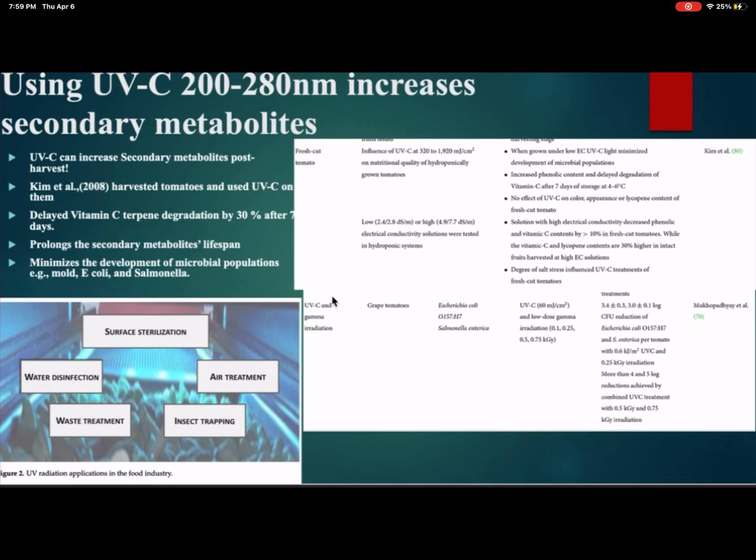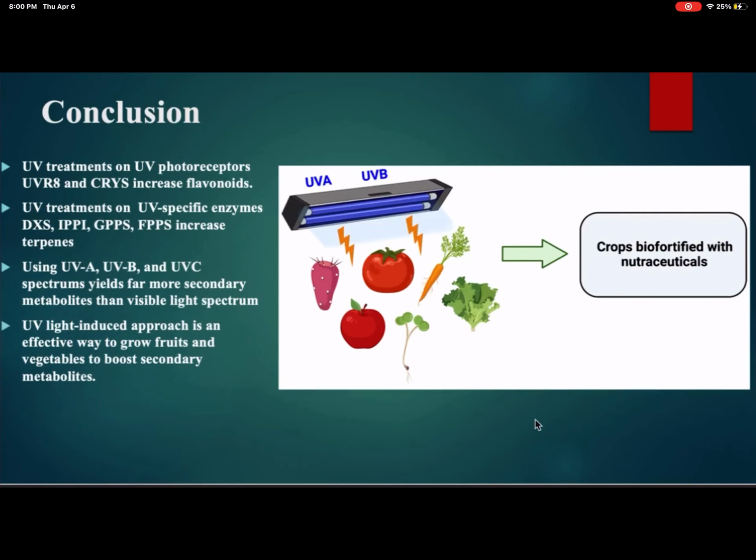So it can prolong the secondary metabolites that are produced throughout the lifespan of the fruit and vegetable, and not just be used as a sterilizer within the agriculture industry for killing E. coli and salmonella, and COVID in this case, because they used it for eradicating a lot of the viruses in medical environments. So to wrap it all up, in conclusion, UV treatments on UV-specific photoreceptors such as UVR8 and CRY